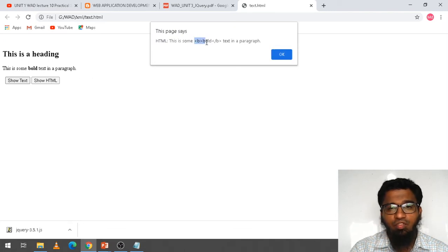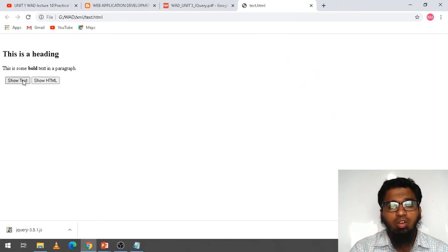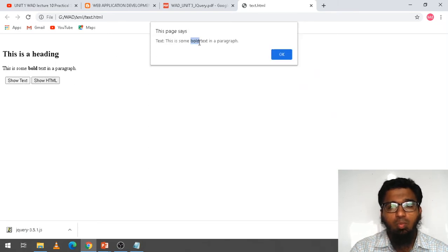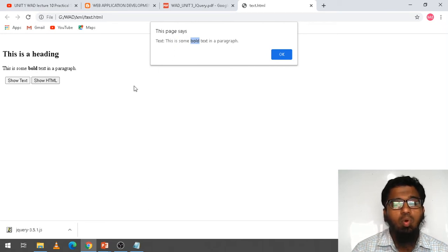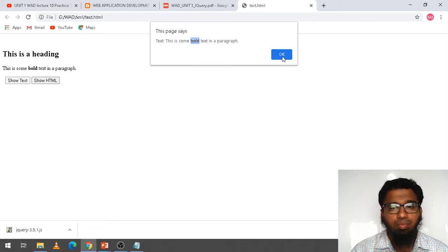Can you see the difference? With text you were not getting the B tag. When I click on show text, only the bold text is shown, the tag is not there. If you want to display that manipulation, you can. So this is show text and show HTML.